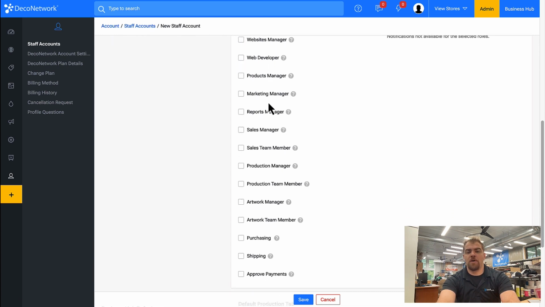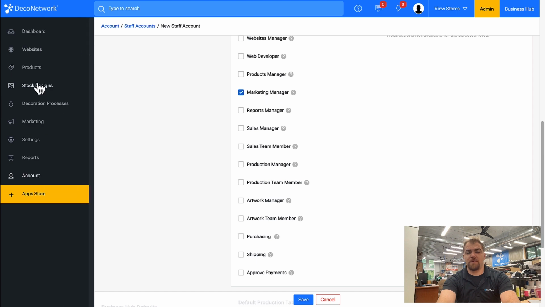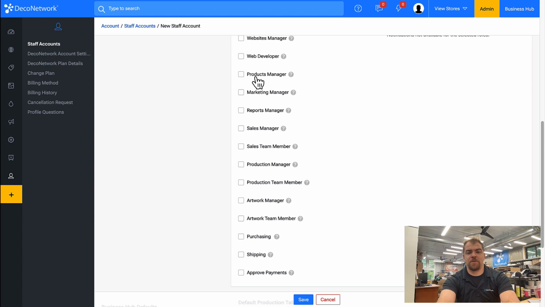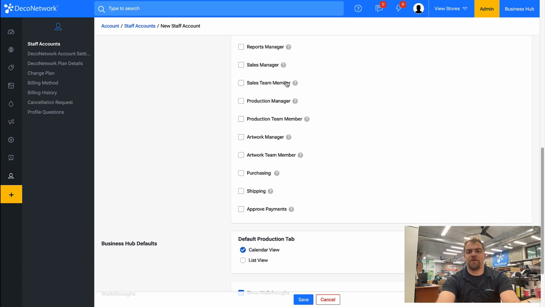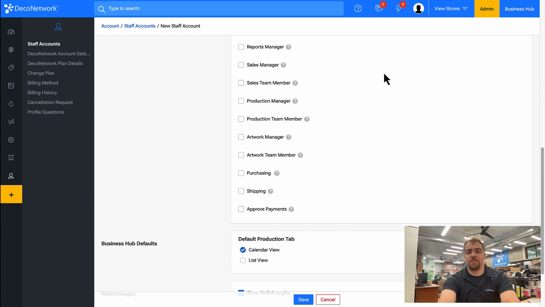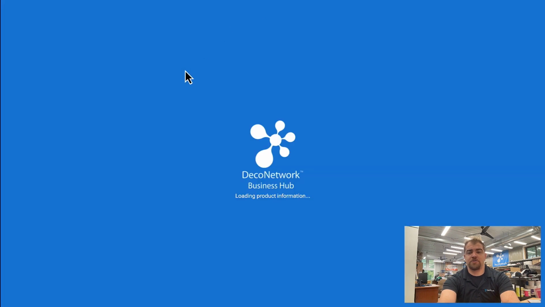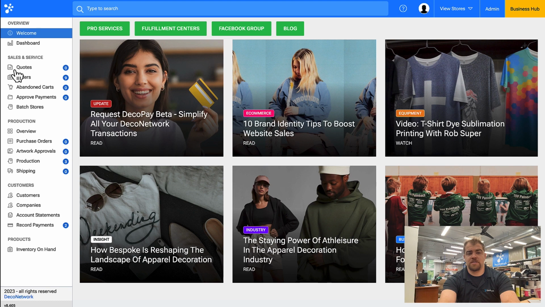A marketing manager will only give them access to the marketing section of your DecoNetwork account. Same with products, we'll give them the product section and so forth. Now, most staff members are going to be related to the production side, and that's going to heavily revolve around Business Hub, obviously. Now, when it comes to Business Hub, it's broken into three primary sections: sales and service, production,